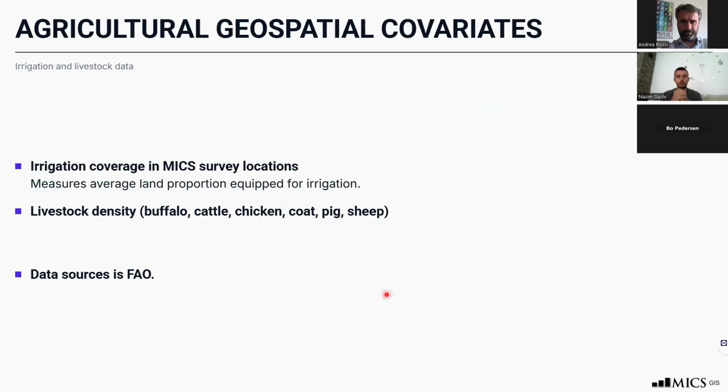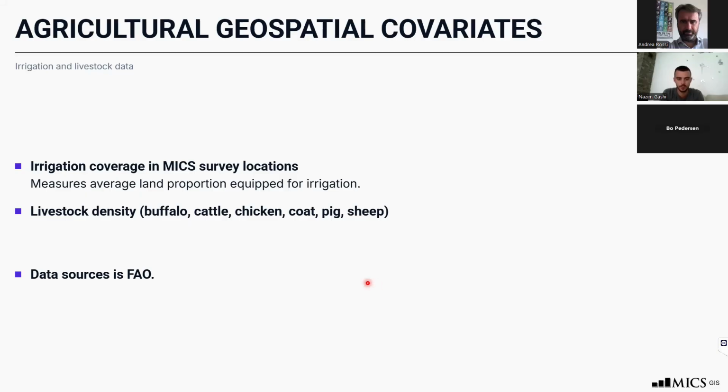Let's start with the agriculture one. On the geospatial covariates list for the agriculture indicators, we have 2 main indicators. The first one is irrigation coverage in mixed survey locations. So we are measuring the average land proportion equipped for irrigation. And then the second one is livestock density. For each square kilometer, we are calculating the average number of livestock, and we have 6 different livestock that we are calculating, and there are buffaloes, cattle, chickens,